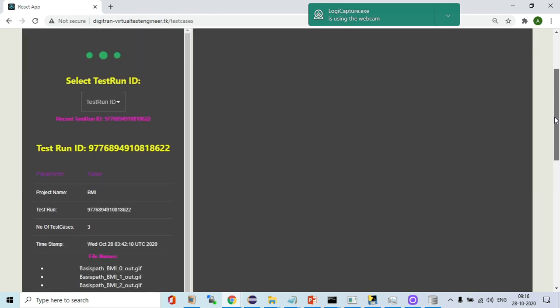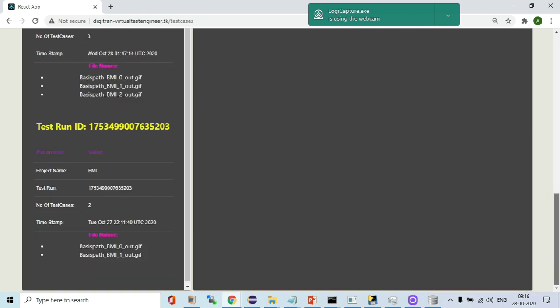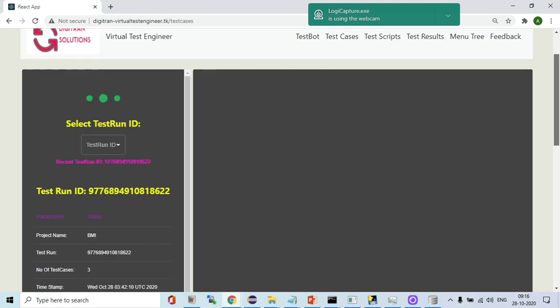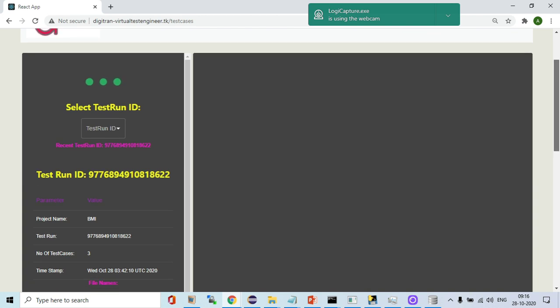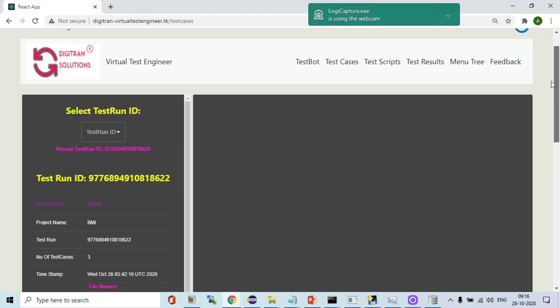So here you can see it displays 3 test cases. Still it is retrieving the data. Now it stopped, it completed. So now what we have to see is, we can open window 1 and see.